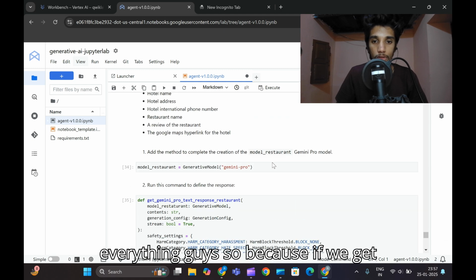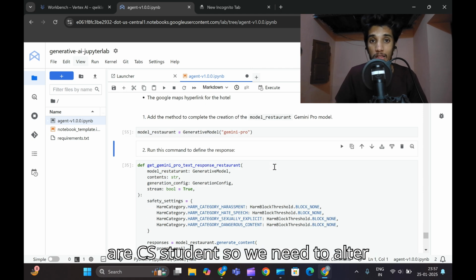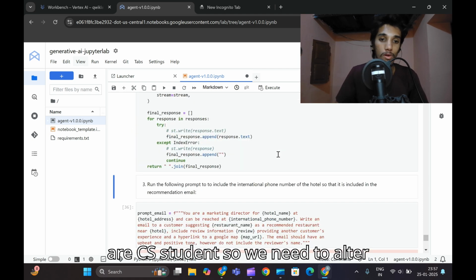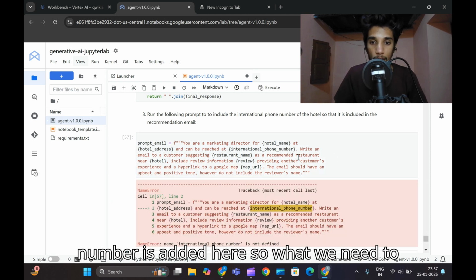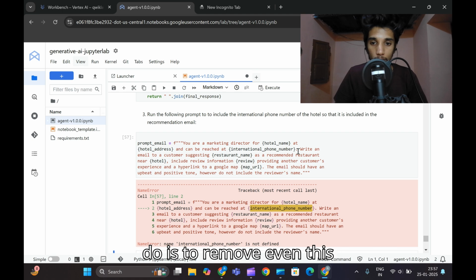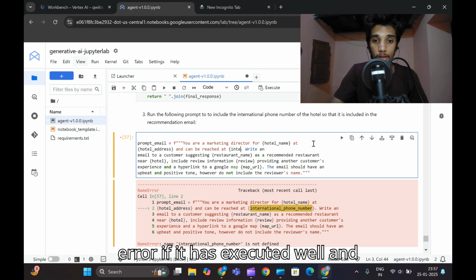So we need to alter everything, guys, because if you get an error, there's no need to go back, because we are CS students. So we need to alter everything here. We are also going to get an error because an international phone number is added here. So what we need to do is remove this, even this international phone number also. If you get an error, and if it has executed well and good,